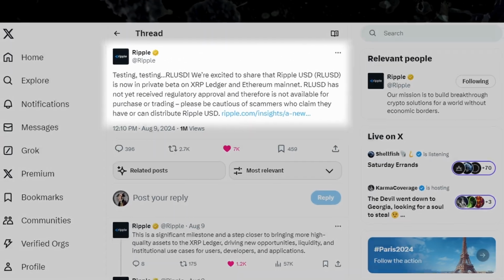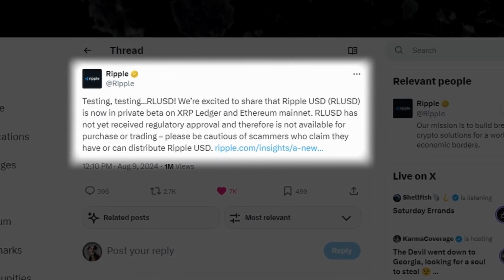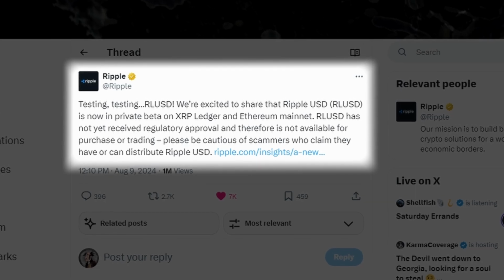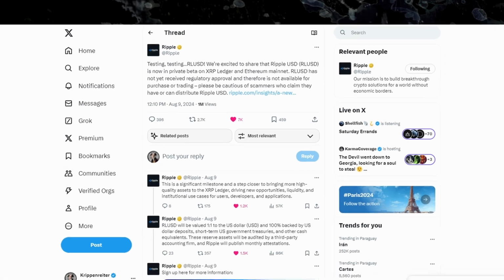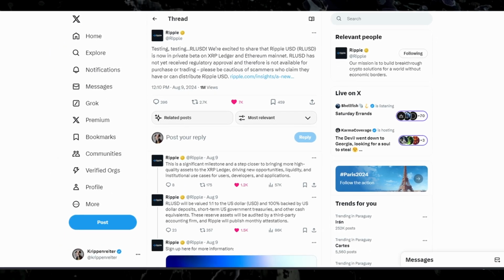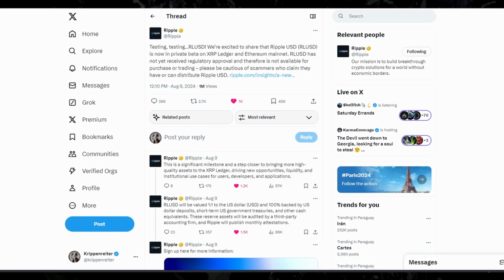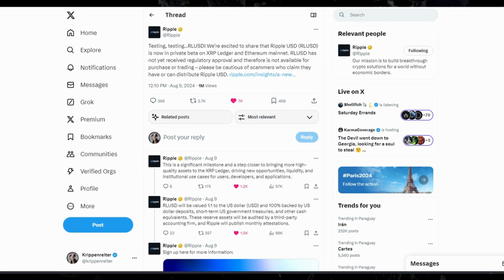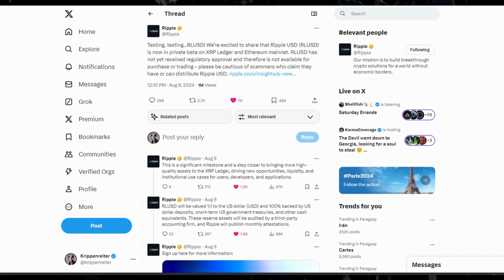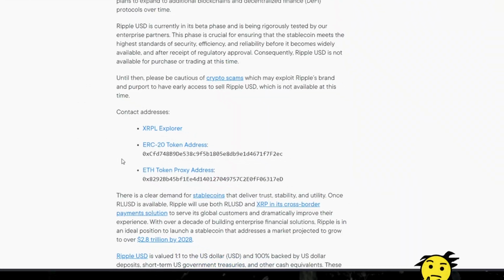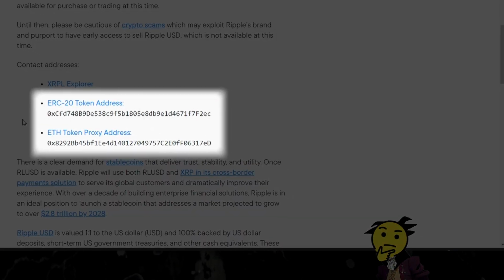Finally, the Ripple USD issuing addresses got released, both for the XRP Ledger and Ethereum alike. The release is currently in beta mode, so there are no tokens yet for us to play around with, but we can already check out all the settings that got configured on the account and speculate on later usage. But why are there two Ethereum contracts?